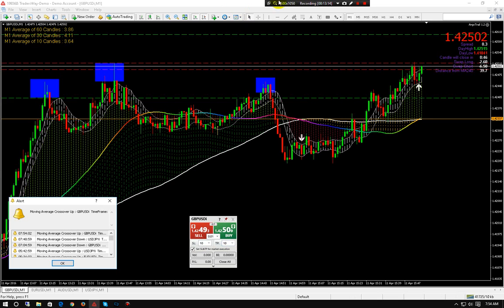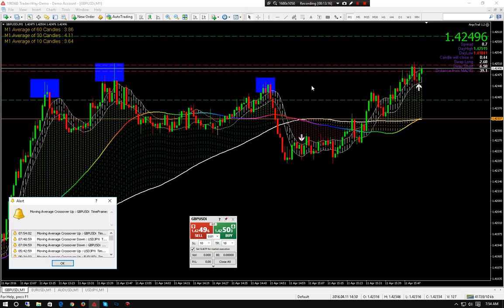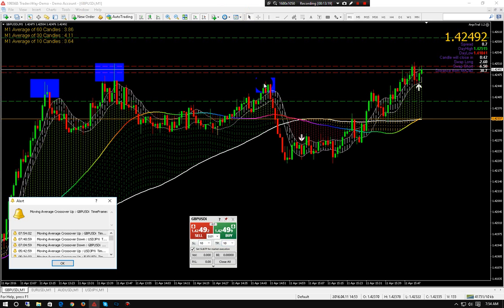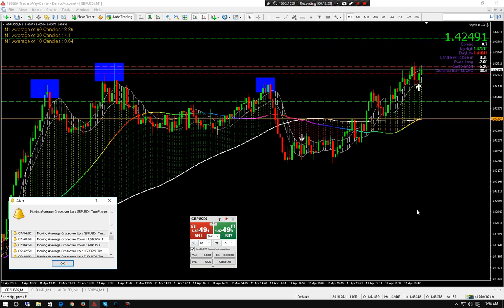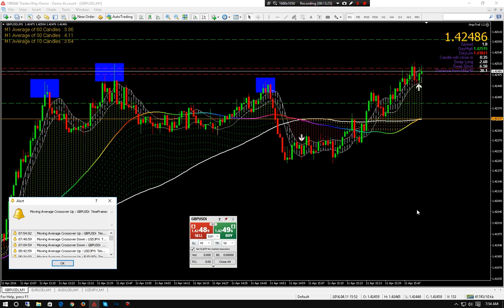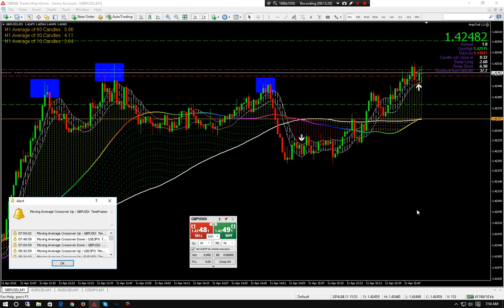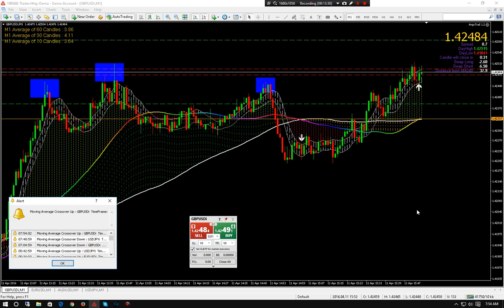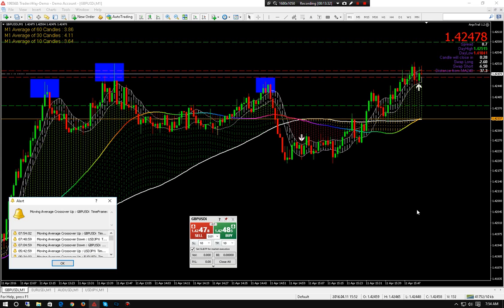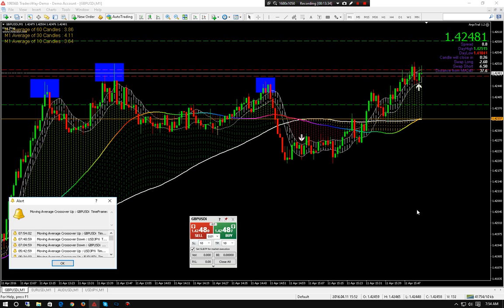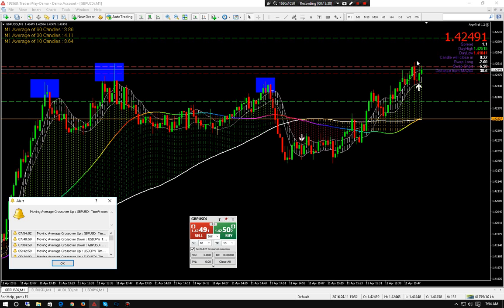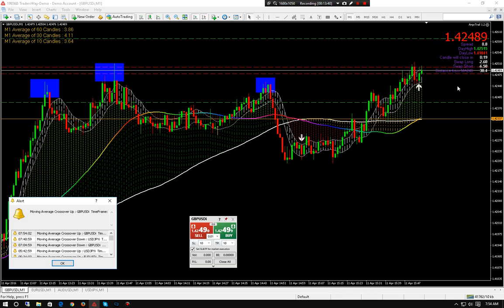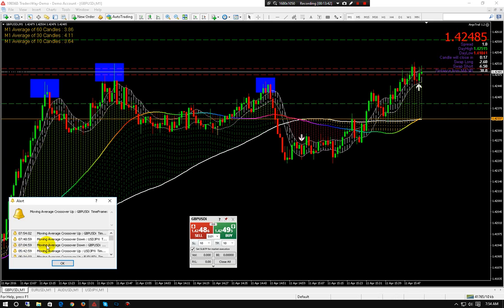Basically, anytime before you take a trade, you want to look left. If you've been doing your job and looking left, it's going to be marked for you because you're the one who marked it. Yes, an indicator could draw fractals, blah, blah, blah, support and resistance. For now, I want y'all to draw it. Reason being is you're going to learn it. If you're doing it yourself, you're going to learn it. If you're having an indicator do it for you, you're going to jump on there and be like, man, why didn't that work? And you're going to cry. This is going to force you to basically look at yourself and say, did I do it right?